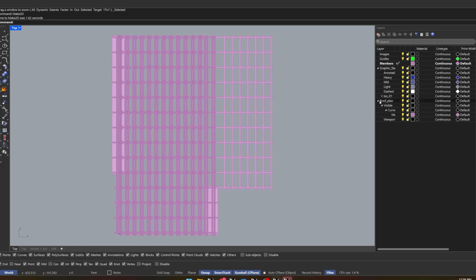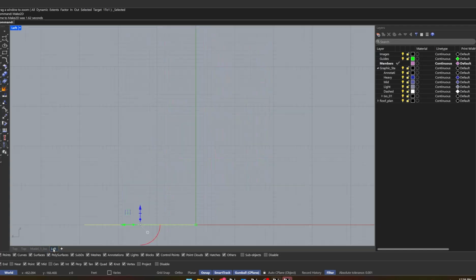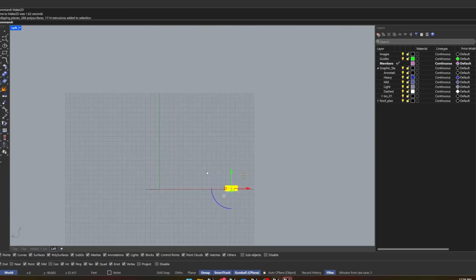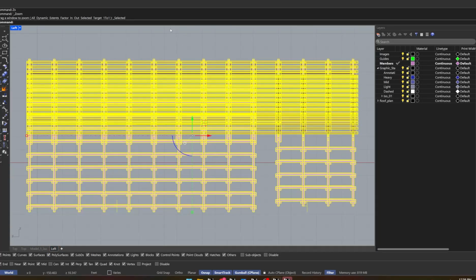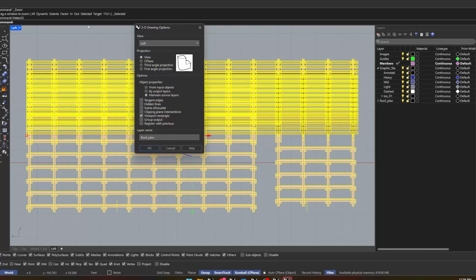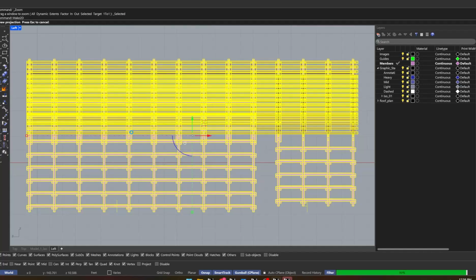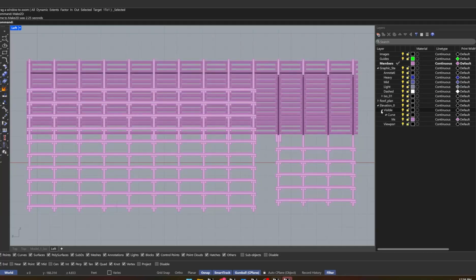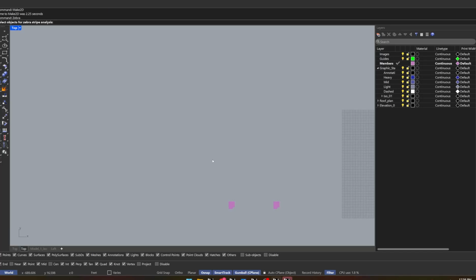And so I'm actually going to make the elevation as well right now. So, go over here, go to the elevation, zoom selected, and then I'm going to say make 2D. I'm going to keep all the same settings, and then instead of naming it roof plan, I'm going to name it elevation 01. And I'm going to push OK. And then after this makes it, now you can see that I have a layer for both my elevation make 2D and my roof plan make 2D. So it's just a really easy way of kind of making sure that all of your,